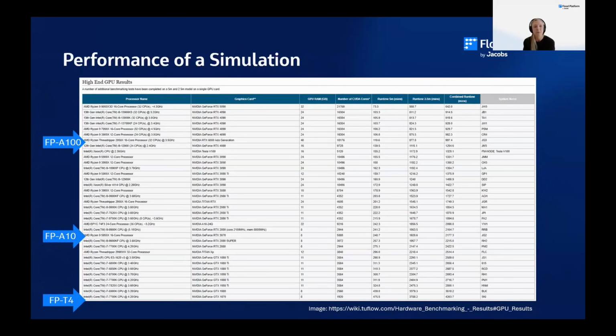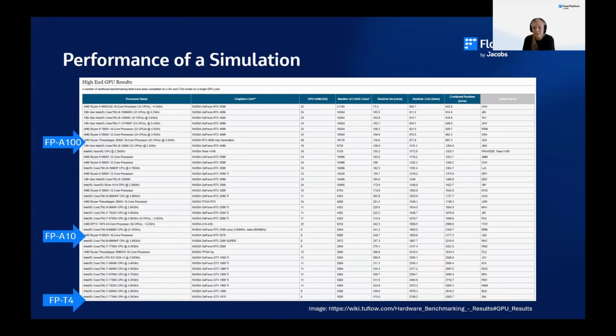To give you a bit of an idea of the benchmarking against what we usually use for TUFLOW modelling in Australia, and this will be different. I've noticed that Australia's gotten right into GPU modelling, so we have a lot of cards, whereas other parts of the world perhaps don't have access to these cards as regularly as the Aussies do. But this is a screenshot from the TUFLOW benchmarking results, and you can see there where the cloud hardware sits. So you've got the A100s pretty close to the top, but definitely not first. And then sadly, the T4s, which are what we're using in Flood Platform by default, are at the bottom there.